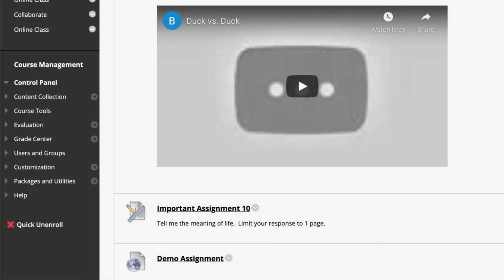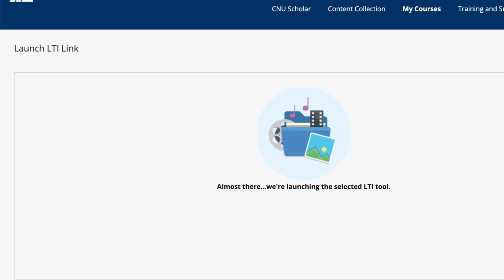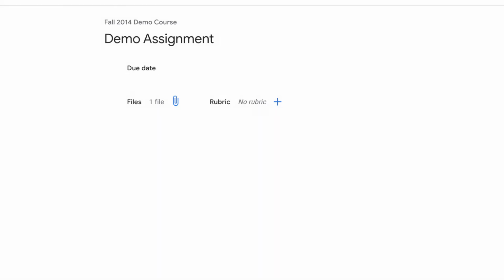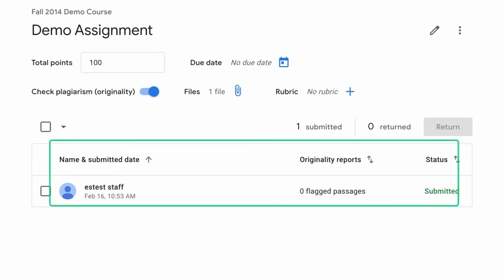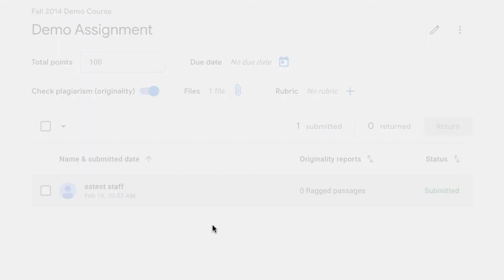So when it's time to grade the student's work, you'll actually have to go back into the assignment itself. Of course, it takes a second. And you will see all of the students' submissions here in this list. To view one, just give it a click.